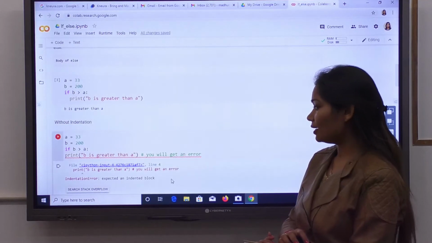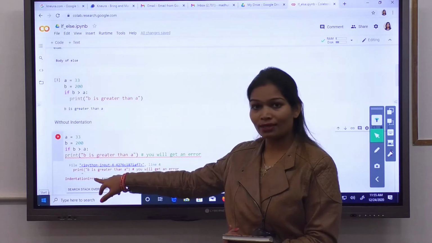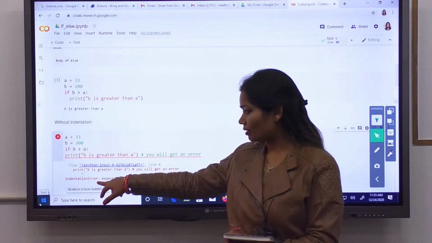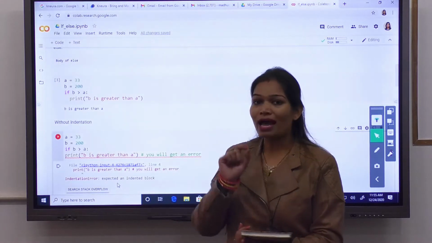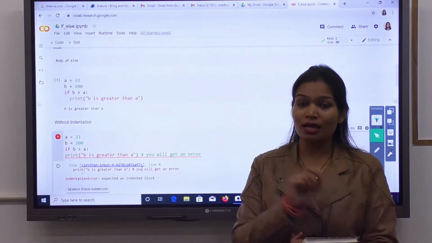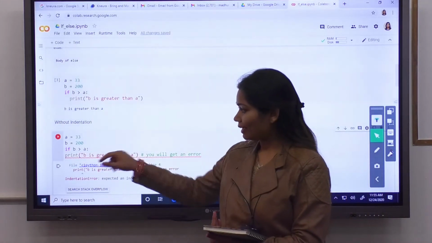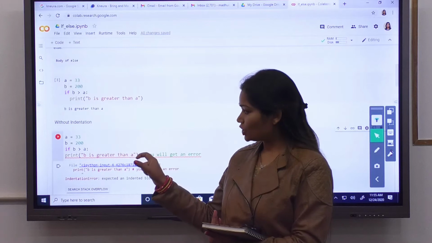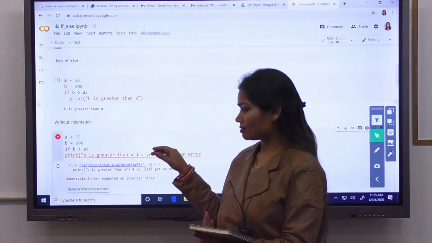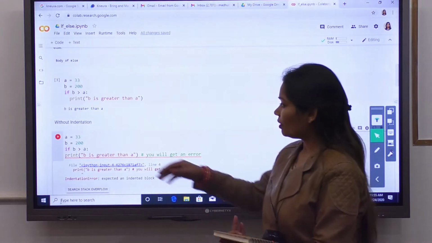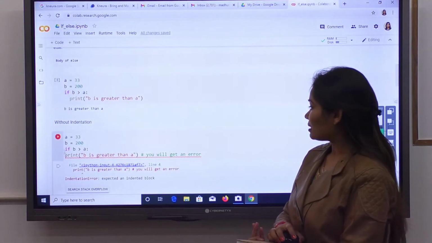Whenever you are facing any indentation error, you will get this indentation error specifically to notify you which type of error it is. So: expected an indented block. So you have to provide proper indentation after the if and after the else as well. So whenever you are writing the if with a condition, then you have to place a colon and enter, and you have to write the statement. Okay, whenever you put an enter, indentation will automatically come. You don't need to remember this every time.